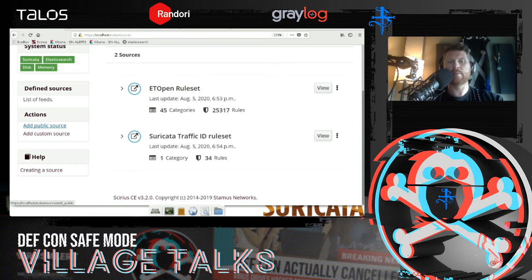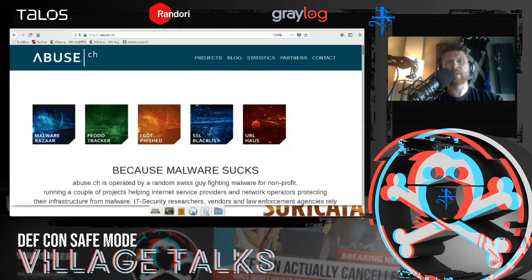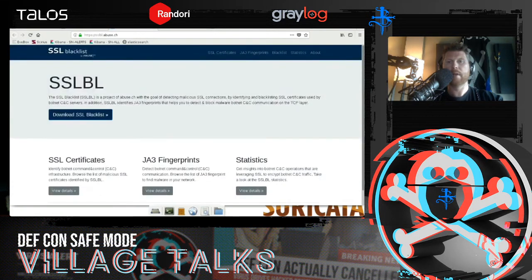Now, there are some commercial rule sets, rule sources, and those, of course, you have to pay for. Typically, you get an API key or some way to authenticate before you can use those. Some other examples of rule sets that are out there: if you go to abuse.ch, which is an awesome project and has a lot of great resources, you can look at the Blacklist project, and from there, we can look at